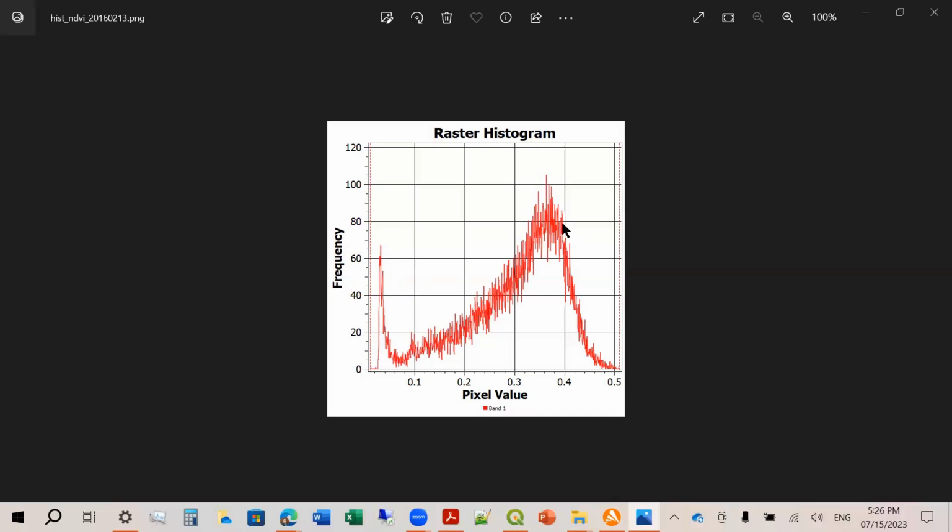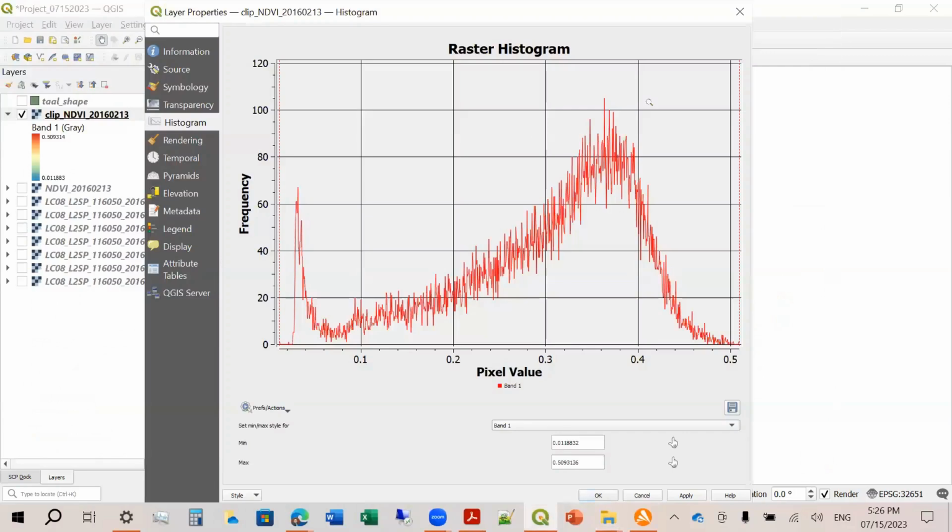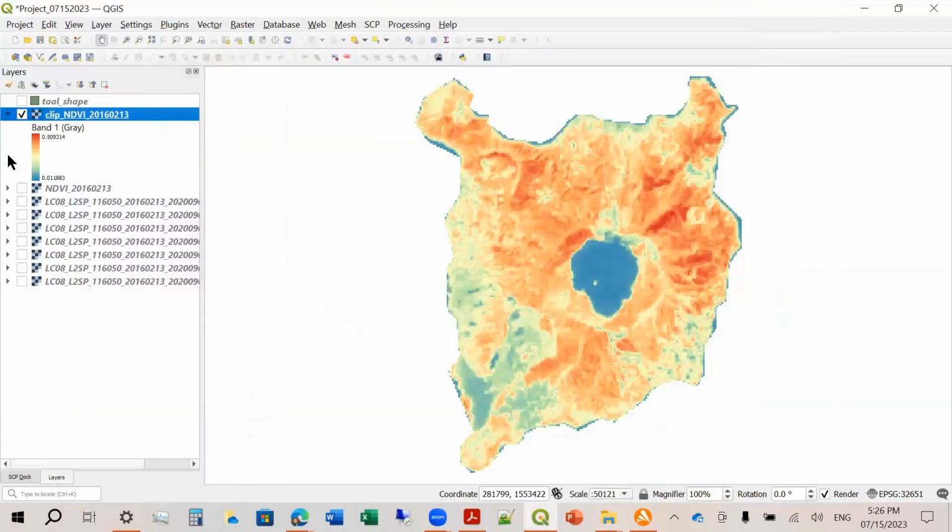Okay, now going back to our data. Let's go to help, and then let's explore. Let's say I want to know the average, minimum, and maximum of NDVI.